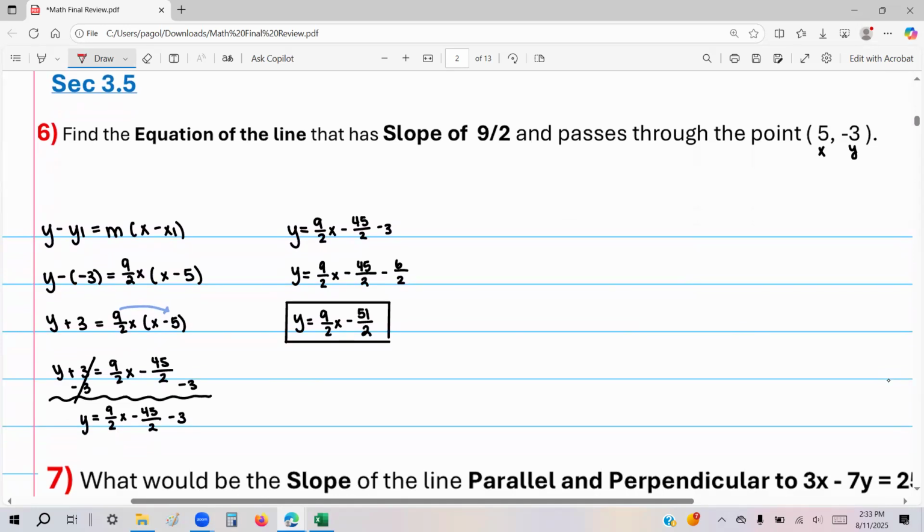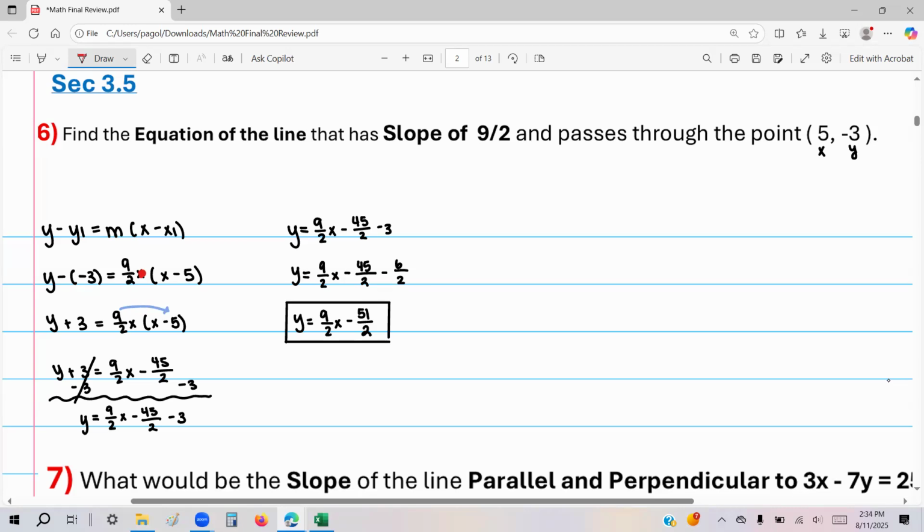Let me just go over the questions. So this is the question I was talking about before. Slope is given, 1 point is given. What's the equation of the line? The equation of the line is y minus y1 equals slope times x minus x1. Replace x1, y1, and slope with their given numbers. This is not x, okay? This is times. So y1 is -3, x1 is 5, the slope is 9/2. You replace everything, and then